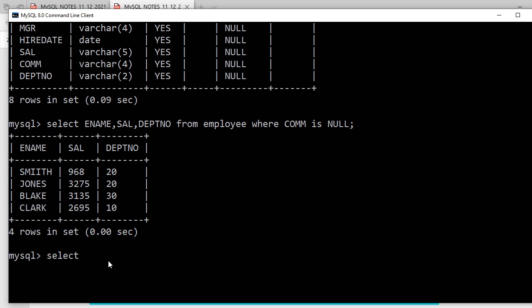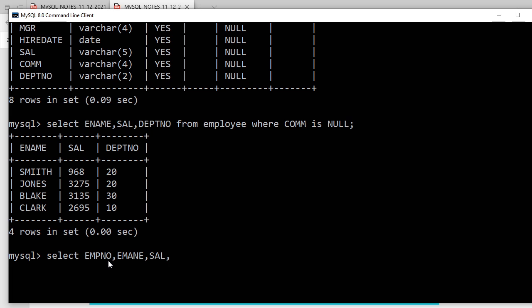Display employee number, name, salary, and salary into 12 as annual salary of employees whose commission is not null. Okay, so let's start. Select. Tell me what to print. Employee number, then name, then salary.